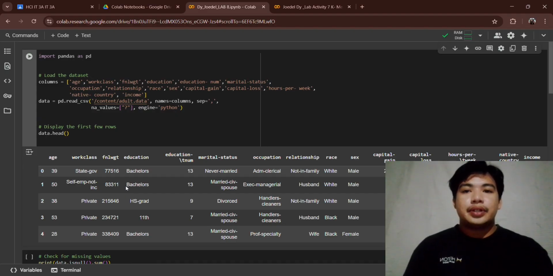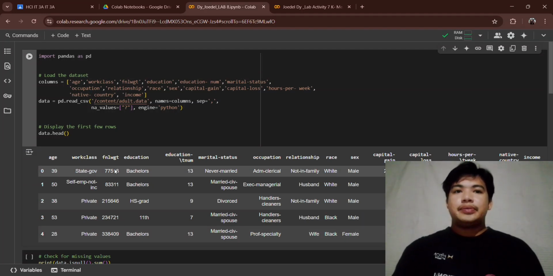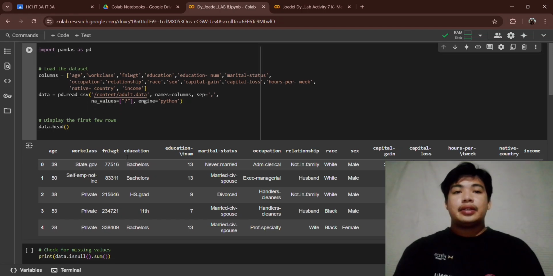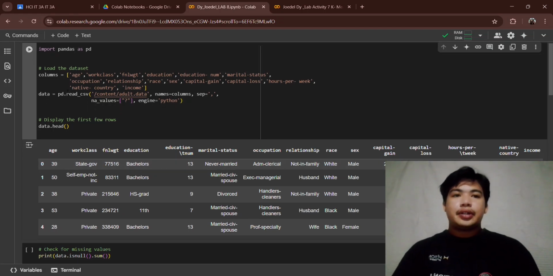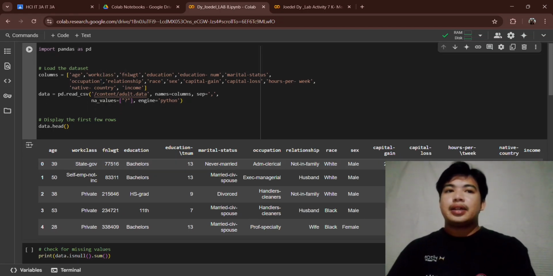For today's video, I'm going to explain the lab activity, which is lab activity number 8. For the first code here, it is import pandas as pd. You can see the columns that define the column names for the dataset. The dataset is the UCI Adult dataset, often used for income